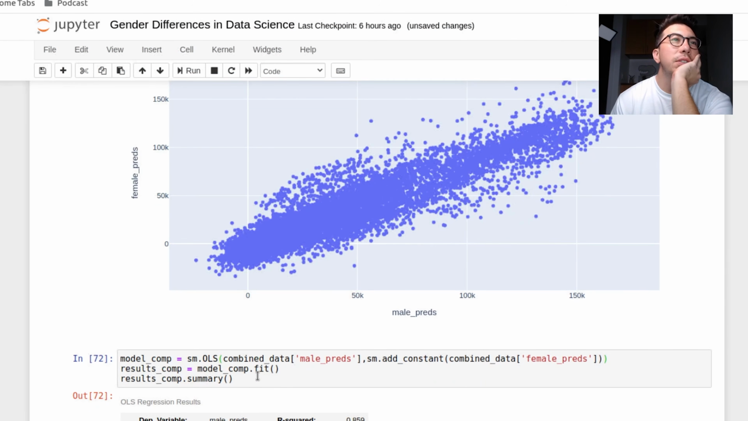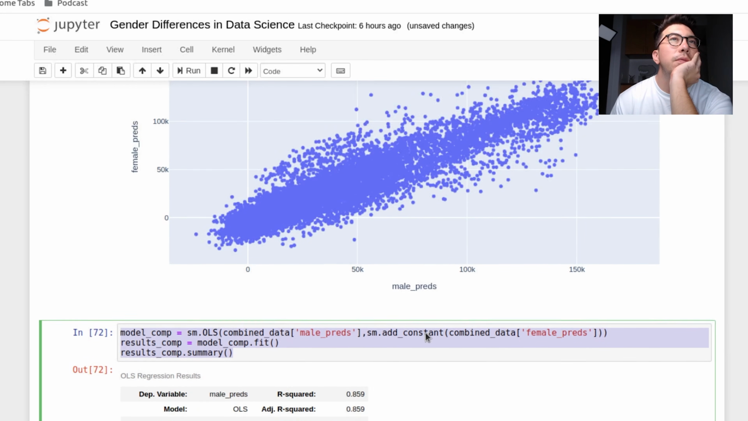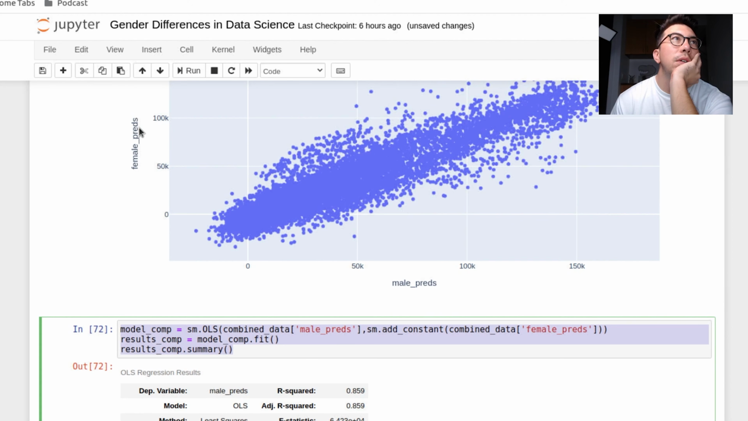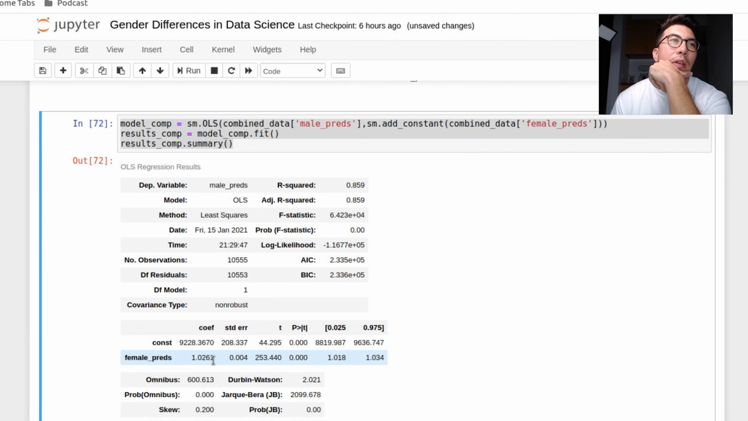So I actually just real quickly ran this regression for female predictions to predict male predictions. This is getting kind of abstract. Maybe it's a thought exercise. But it looks like,